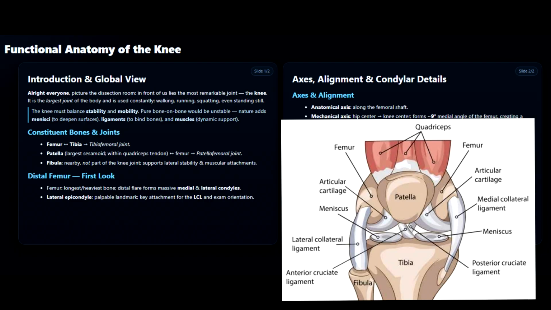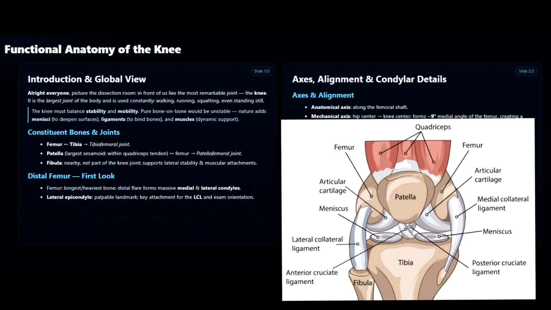In other words, if we just had bone against bone here, the knee would be highly unstable. Nature had to design extra stabilizers: menisci to deepen the articular surfaces, ligaments to bind to bones, and muscles to provide dynamic support. At its core, the knee joint is formed between the femur and the tibia, but there is